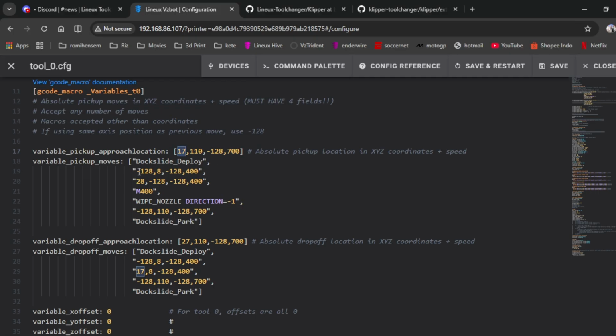If you are really too confused, you can put 17 here as well. That means your x still stays at 17, but your y changes from 110 to 8. You can put 17 here as well if you want. But